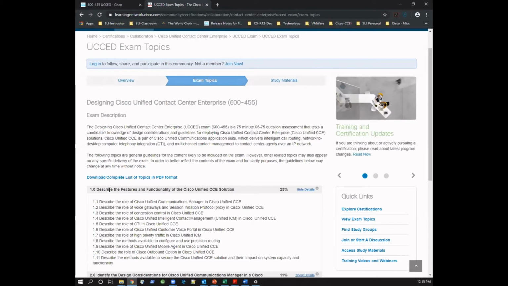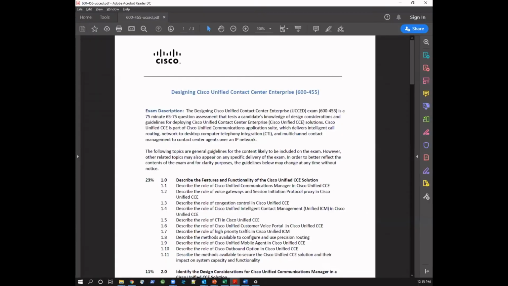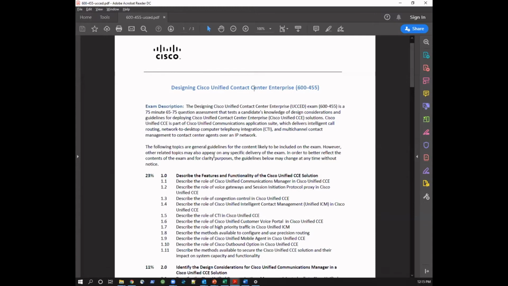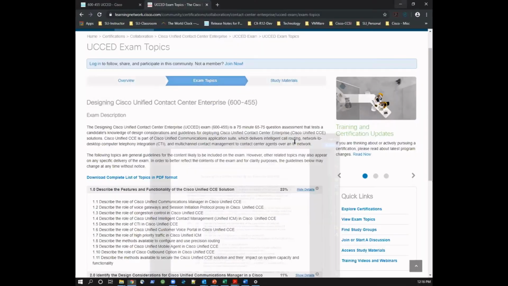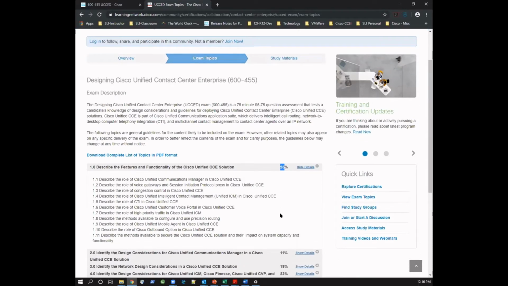You can access the same information through the PDF. And if you're interested in what that PDF looks like, this is it. Pretty straightforward. It's the same information, just available for download in the PDF format. I'll come back to this in a moment, but one of the things I'll point out is that there are percentages listed here. That's a rough percentage of the number of questions you'll find in each major topic area. That being said,